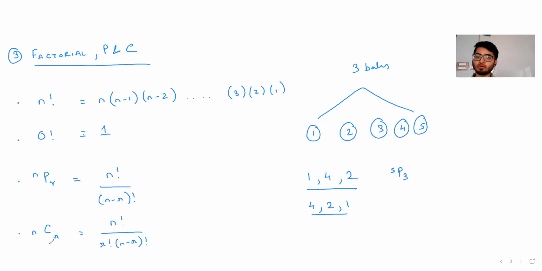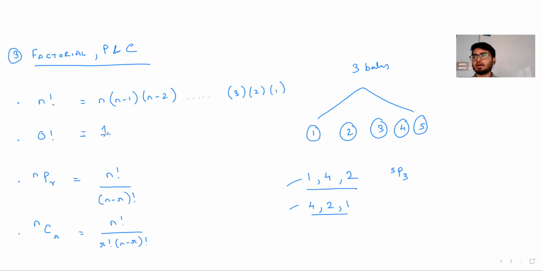nCr is basically the total number of combinations in which we can select r objects from a total of n objects. Again, just note that the number on the left is in superscript and the number on the right is in subscript. So here, both this combination and this combination would be treated as the same. So nCr could be thought of as the total number of ways in which you could select r objects among a total of n objects where the order of selection is not important. That is nCr. Now, using this, we'll try to explain why 0 factorial is 1.